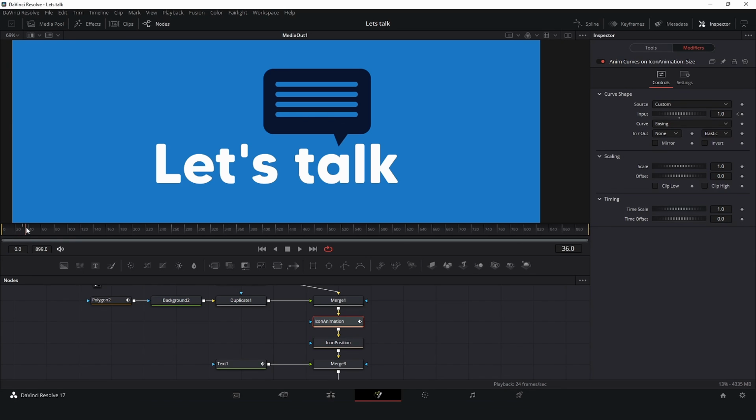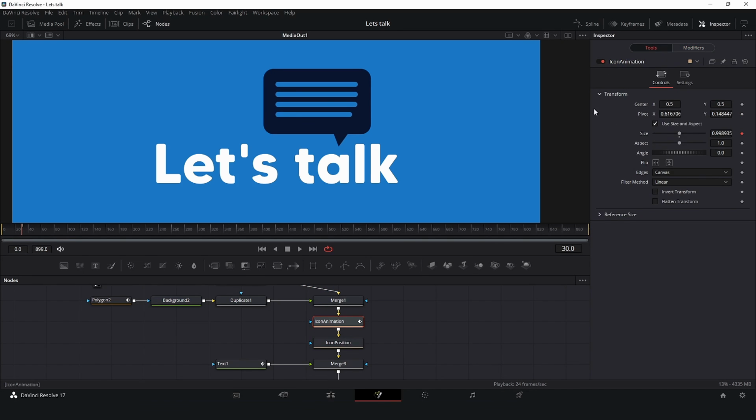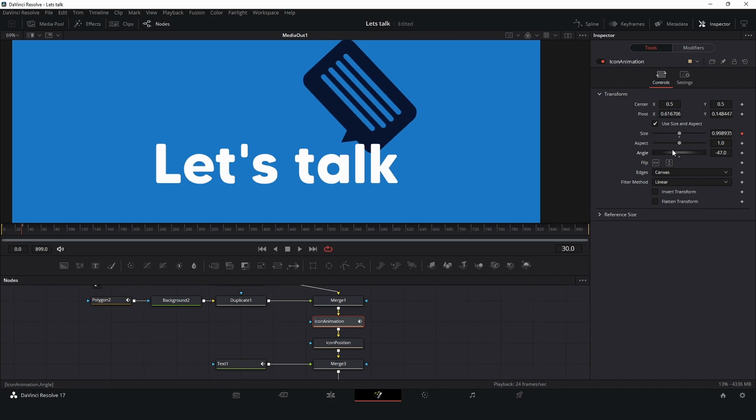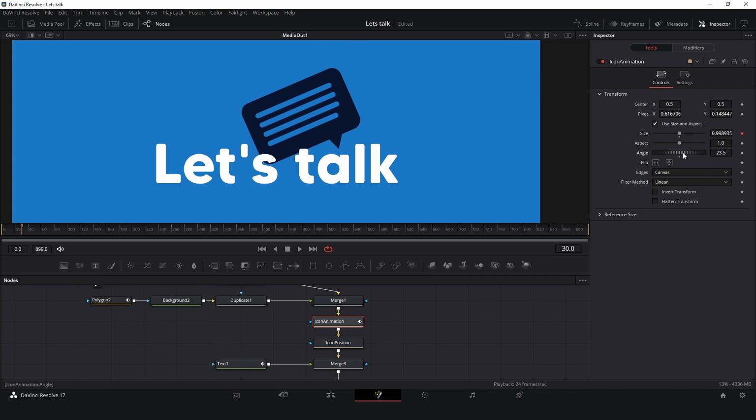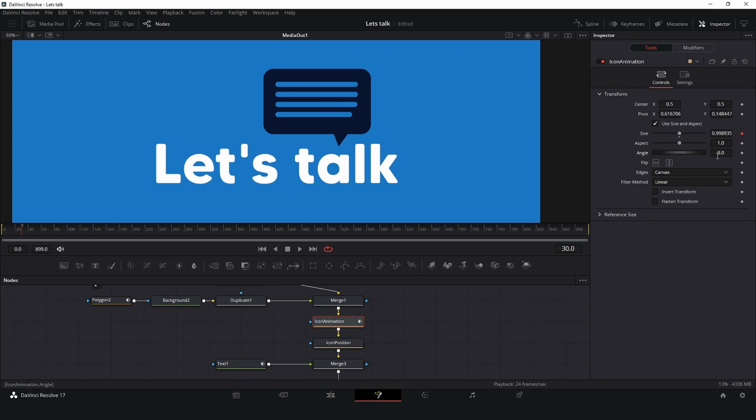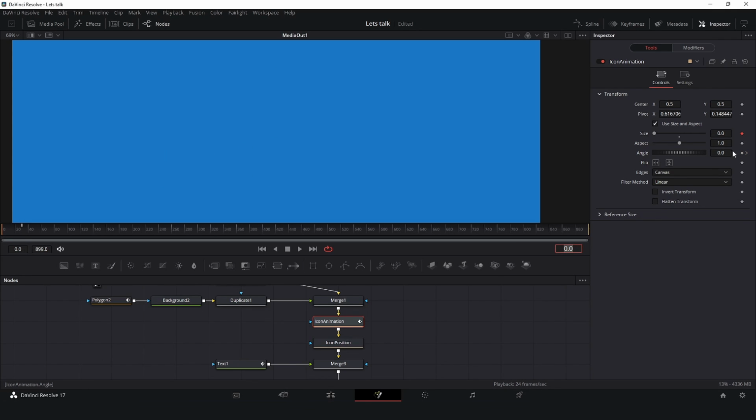Let's go to frame 30 where we have the animation, and this time let's animate the angle, something like this. Okay, so frame 30, just create a keyframe, and frame 0, let's say 9 degrees.